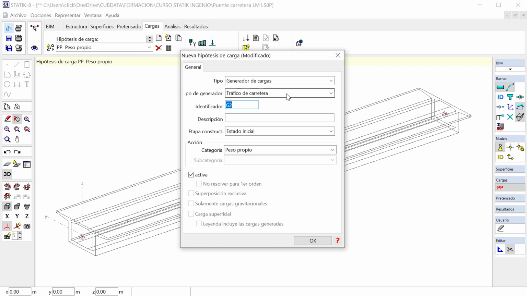We cannot ask for results from a generator load case, but we can, obviously, ask for results from the load cases generated with it. So if we select load generator, we will have several types. We find the load case generator for road traffic, the load case generator for non-motorized traffic, the load generator associated with a general mobile load that displaces,